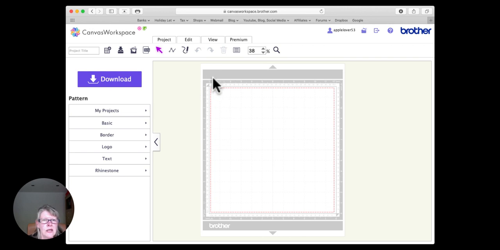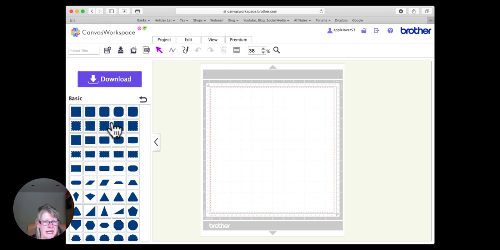Right, okay, so in the online version, and as I say, you know you're in the online version because you've got the great big download button. You don't have that in the computer-based version. If I come to the basic shapes again, and I choose my circle,